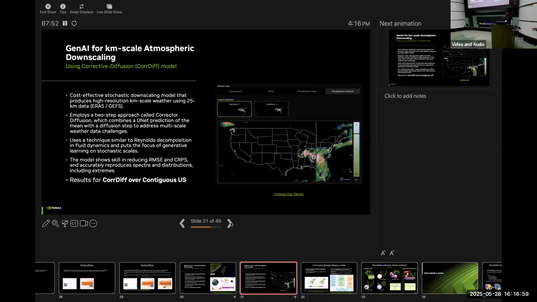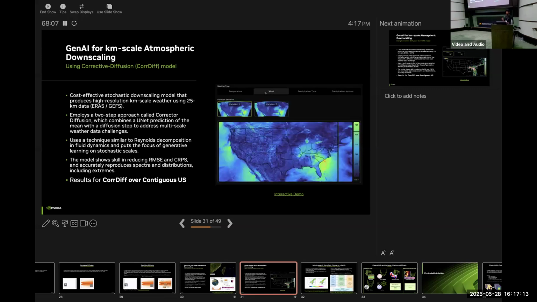So this is another result showing the same on the continental United States. Again, this is part of build.nvidia.com, so one can play around with this, try to throw in some date and time of your choice, and you can see how you have a slider to see this model in action, basically super resolving the flow fields. And you can see on the left, you have a much higher resolution. On the right, you have much lower resolution.